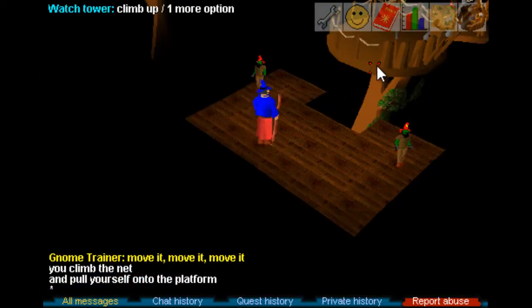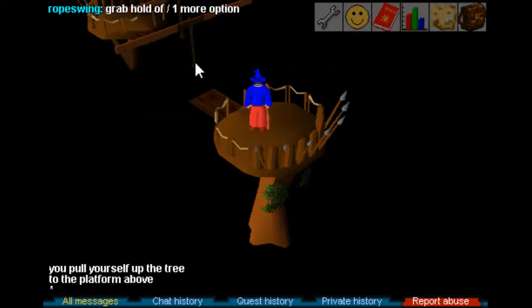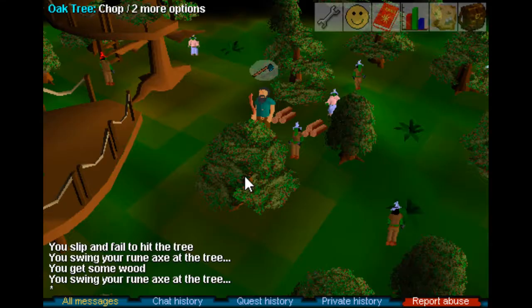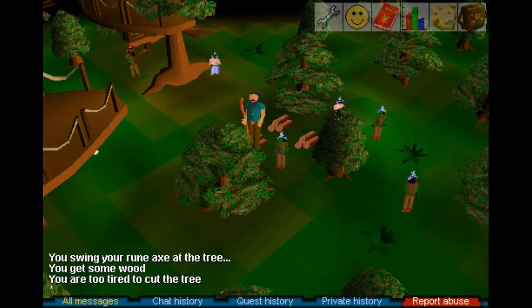Right, so it's time to start agility. I'll get on with this, and I'll check back in with you guys fairly soon. 6.5 hours later. Eventually we got 25 agility, and it was time to do the bar crawl so that we can get access to the